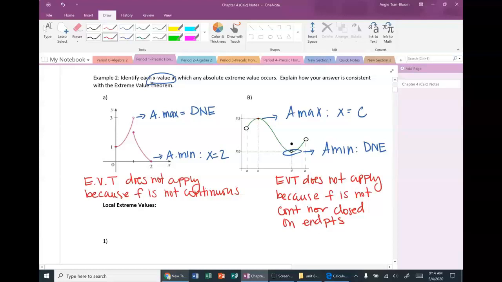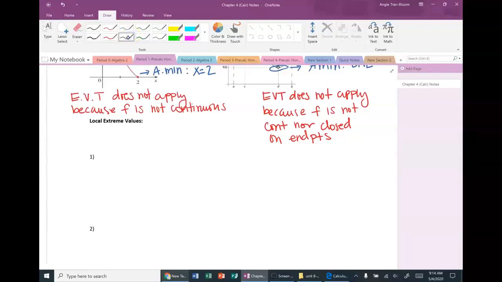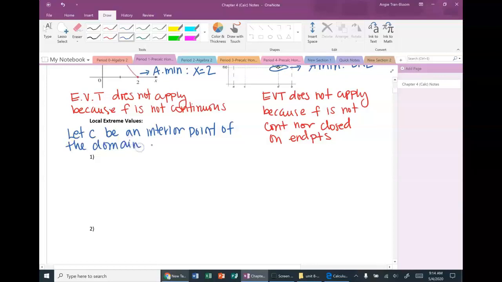Our next vocabulary is called the local extreme values. Let c be an interior point of the domain of the function f. Then f of c is, definition number one, a local maximum